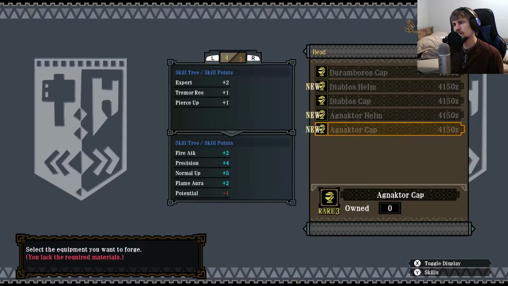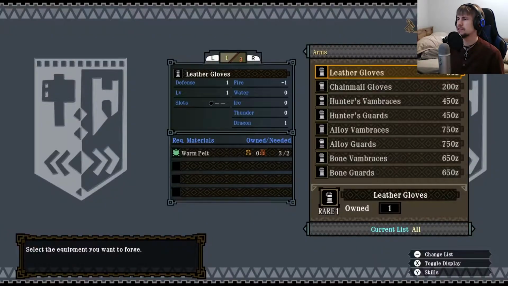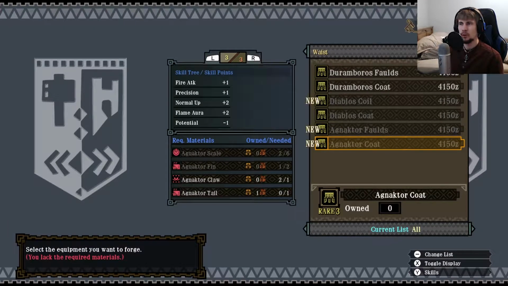Okay, fire... Oh, that's some good skills. The normal up plus 5 to start with is nice. The fire attack plus 2, so... good lord. Okay, I think I'm definitely going to farm that up, because these are great skills to get on a bowgun. This is fantastic for a fire bowgun. Once I get the Agnaktor...